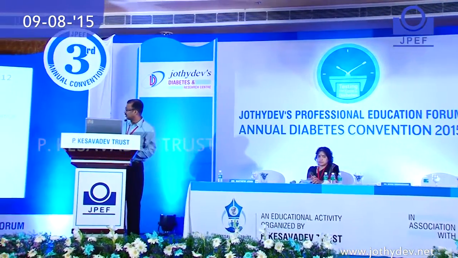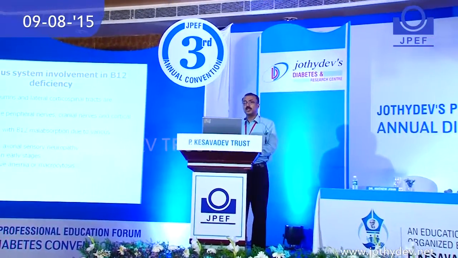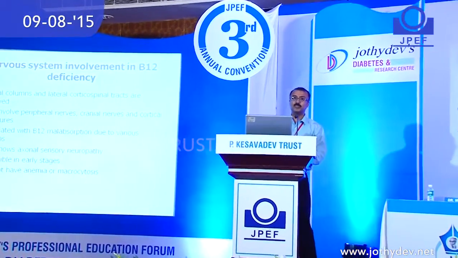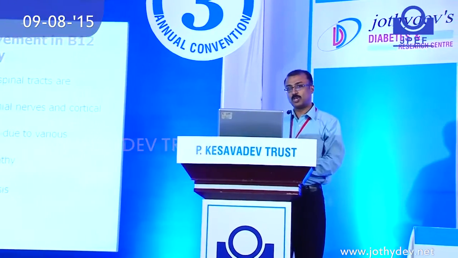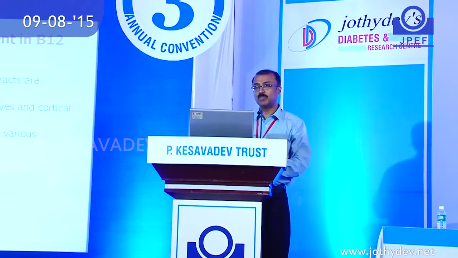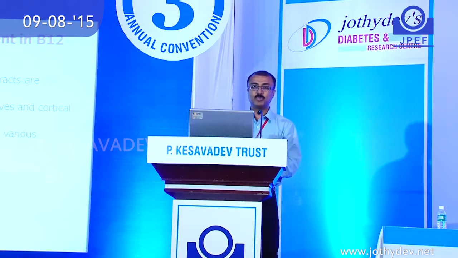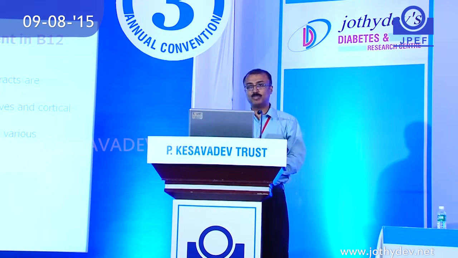And nerve conduction shows an axonal sensory neuropathy. It's reversible in early stages. But the fact you should take home is that if you have B12 deficiency, you cannot just have pernicious anemia, or just macrocytosis. You can have isolated neurological involvement without peripheral blood involvement. Because a lot of the time you do a peripheral smear, say it's fine, and so it's unlikely to be B12 deficiency.